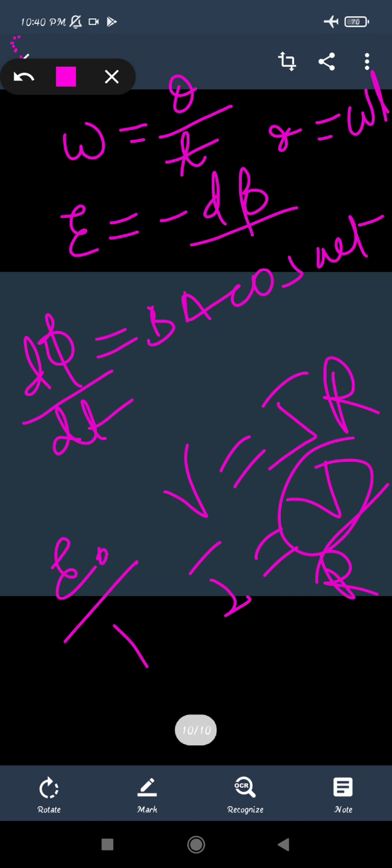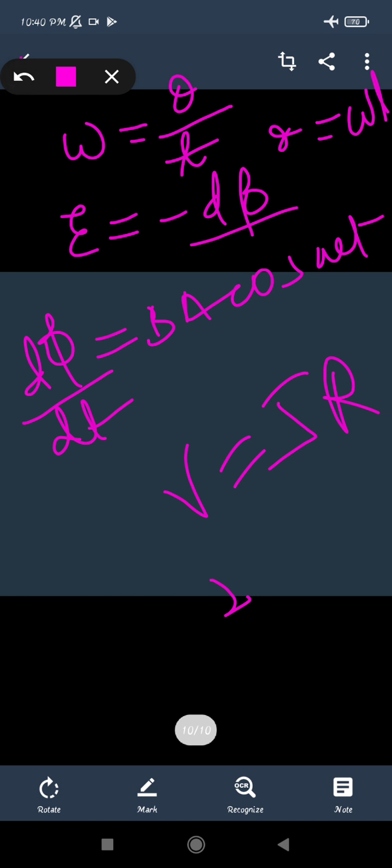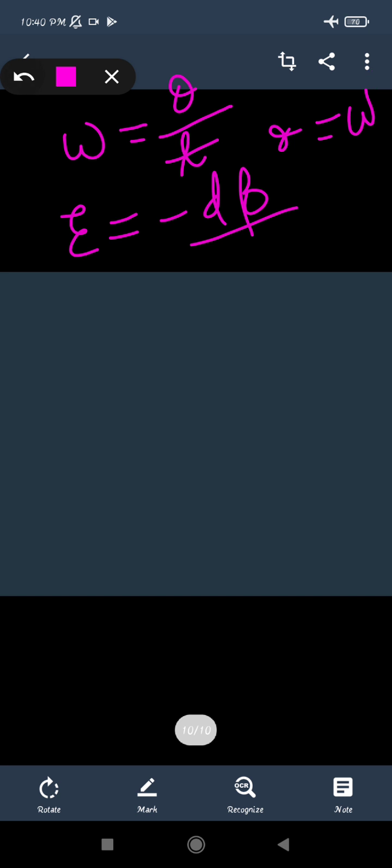After that, the name eddy currents was given to the small currents that flow in the form of a closed loop. So the small current which is induced in the closed circuit, in the direction perpendicular to the magnetic force experienced by it, is said to be the eddy current. The current flows in a closed path, not in an open path. In an open path, EMF will be produced. So what are eddy currents? They are the currents induced in a solid when the magnetic flux changes through it. The current is induced in a closed path, and that is said to be the eddy current.